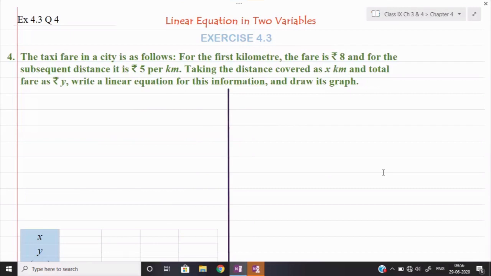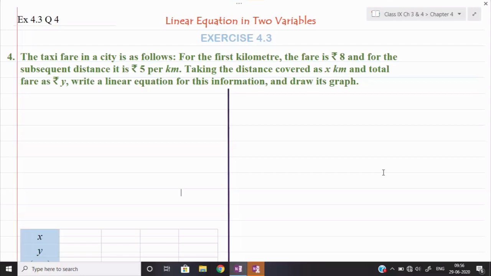First of all, see what is the given application. The taxi fare in a city is as follows. For the first kilometer the fare is 8 rupees and for the subsequent distance it is 5 rupees per kilometer. Now, taking the distance covered as x kilometers and the total fare as y rupees, write a linear